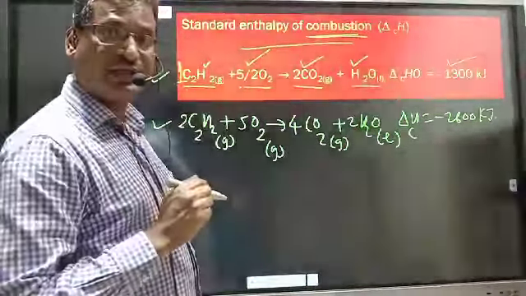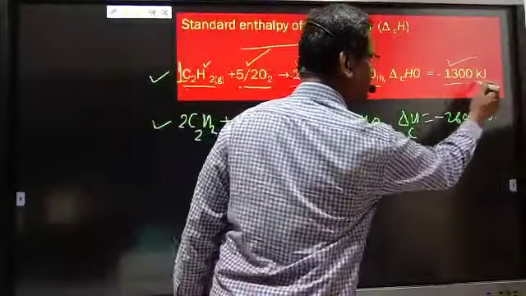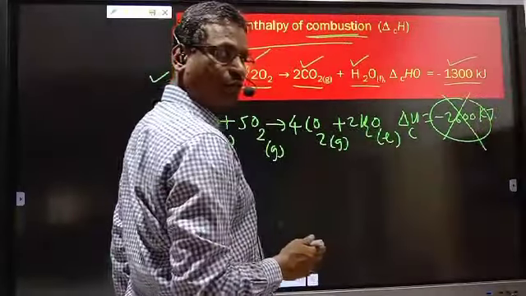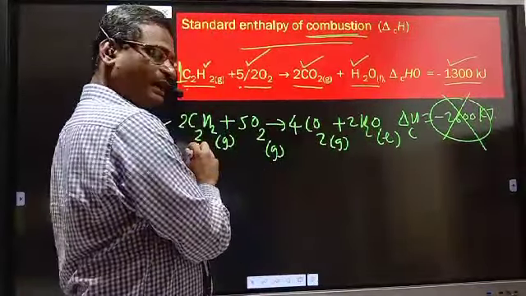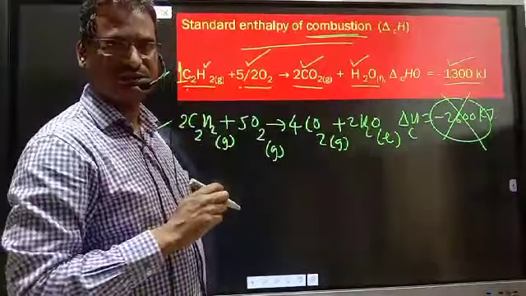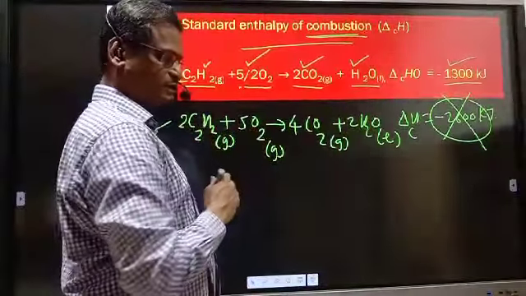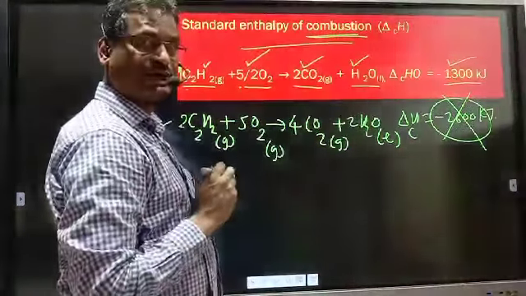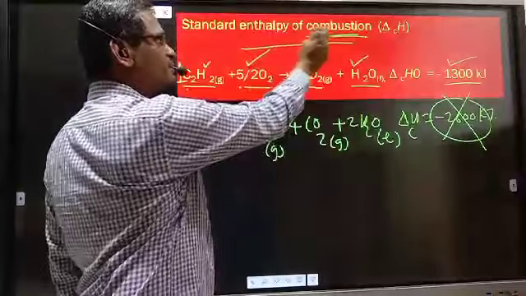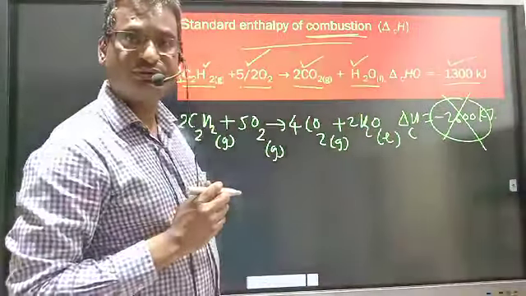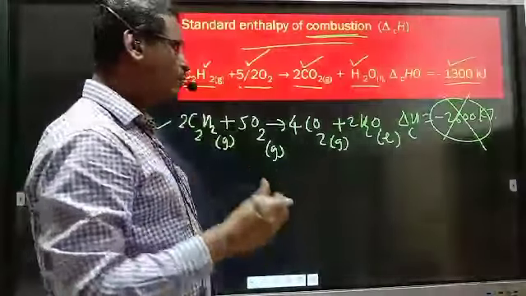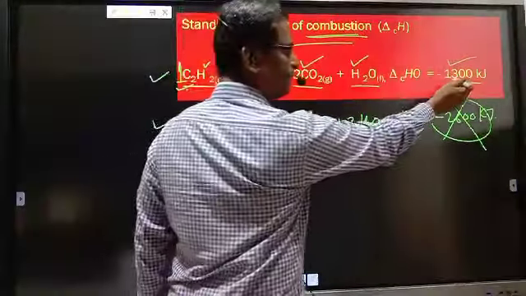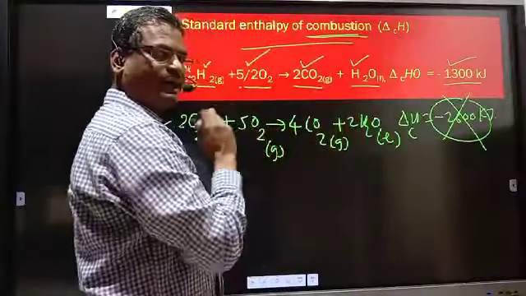But which is the enthalpy of combustion? This is enthalpy of combustion. This is not enthalpy of combustion. Why? Because 2 moles of acetylene are undergoing combustion in presence of excess of oxygen to form stable oxidation products CO2 and H2O. 2 moles are used. What is enthalpy of combustion? It is the enthalpy change whenever only 1 mole of substance undergoes burning. So this is correct. And this is the enthalpy of combustion of acetylene gas.